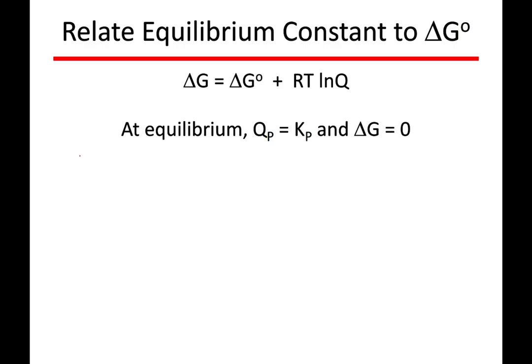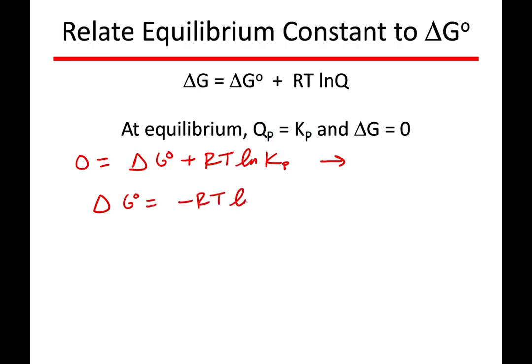We can plug these two things into our delta G equation. So what we would say is that delta G is equal to 0. So 0 is equal to delta G standard plus RT ln of Q, which is the same thing as K, so I can just substitute in Kp. Now, maybe what I want to do is see how I can calculate the value of delta G standard if I know what the equilibrium constant is. I can solve for delta G standard by subtracting RT ln of K from both sides. And this would be how I could calculate the value of delta G standard if I know what the equilibrium